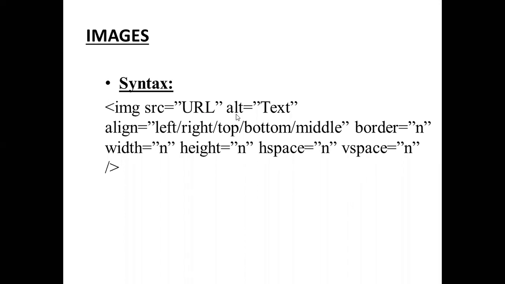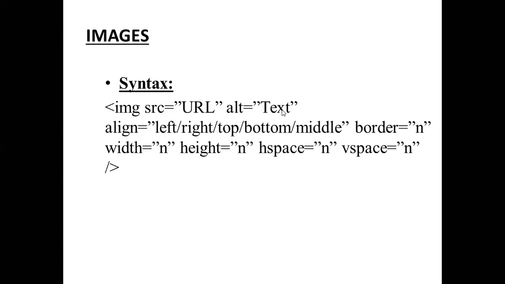Next, alt equal to text, displays a text if the picture is not displayed on the web browser. If your picture is not displayed on the web page, it displays whatever text we give here. Suppose alt equal to web technologies. If you insert a web technologies textbook image and the image is not displayed, the web technologies text is displayed there.